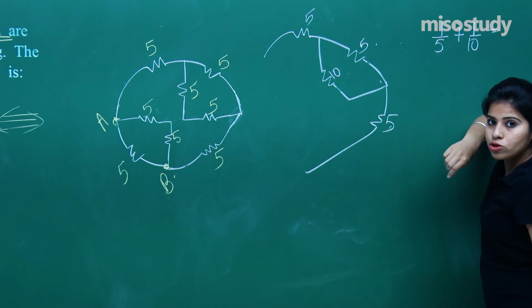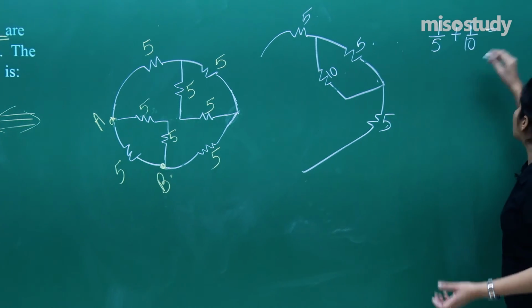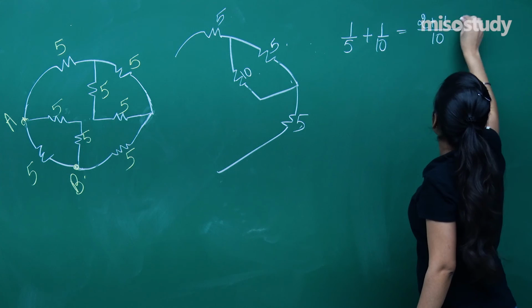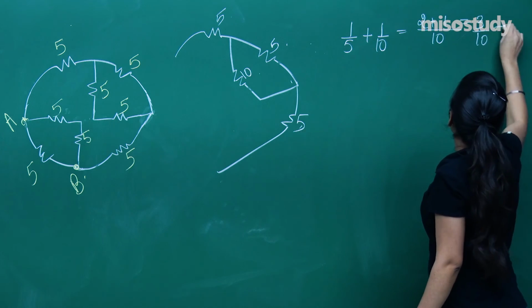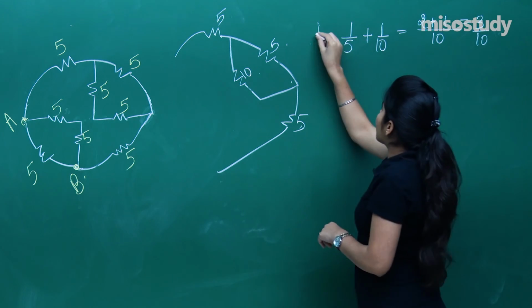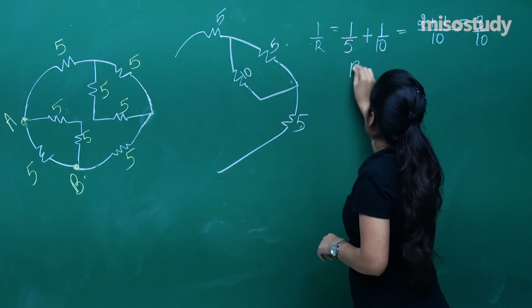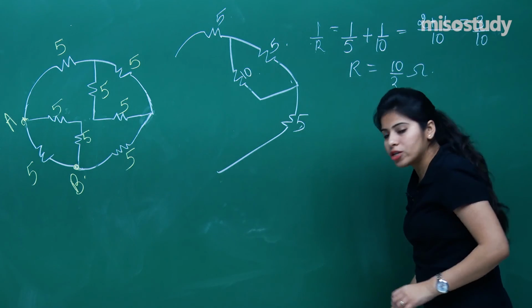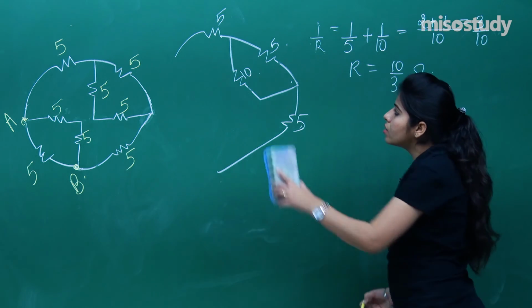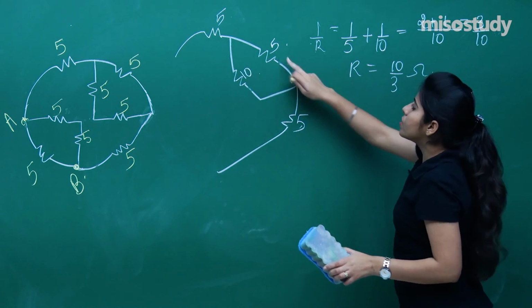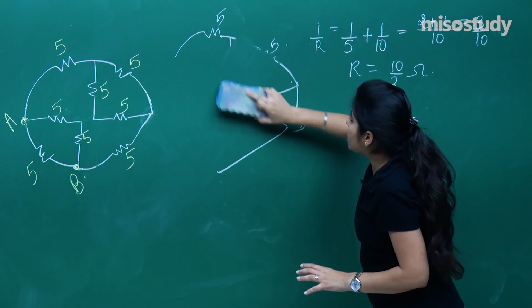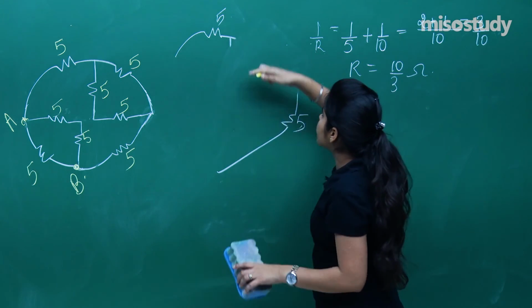So if you multiply them and solve them, you will see that, because this is 1 by R we were finding, our R will be 10 by 3 ohm. So again, what you can do is remove this from here, 10 and 5, you have the combination as 10 by 3. So I will be replacing this and writing it as